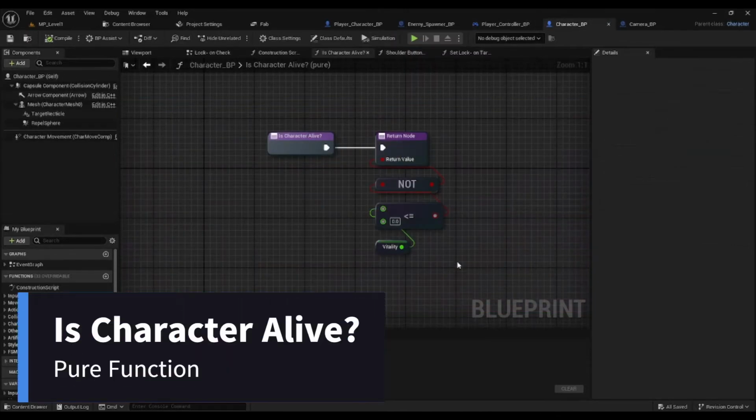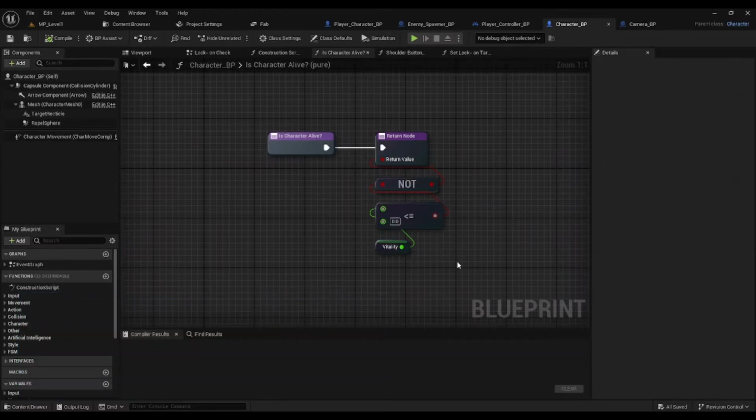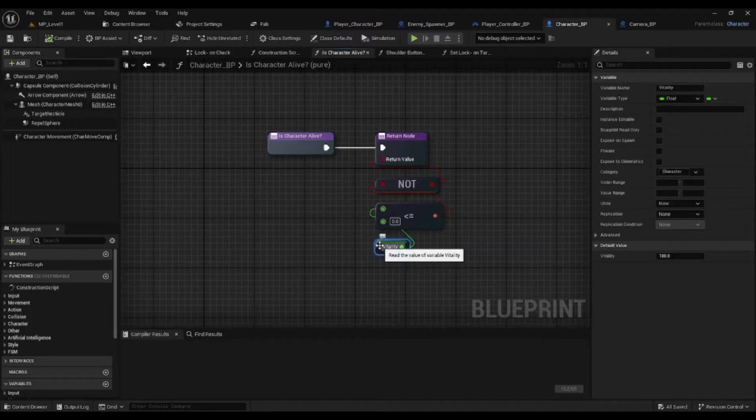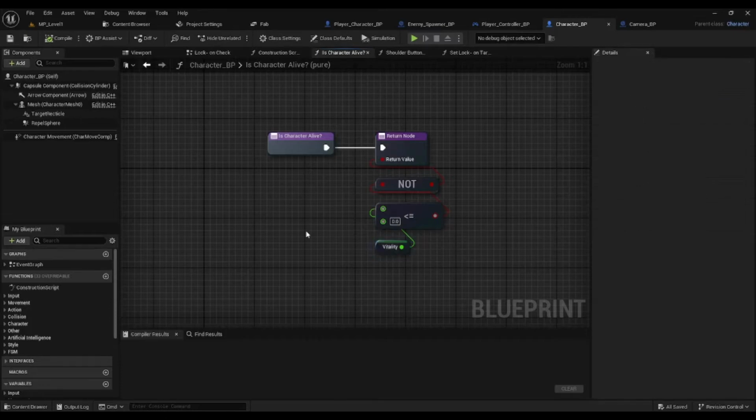Speaking of isCharacterAlive, this is a simple but effective health check located inside the character blueprint. It looks at a float variable named Vitality. It checks if vitality is less than or equal to 0. Because the function is isCharacterAlive, it uses a not node to flip the logic. If the health is less than or equal to 0, the check is true, but the not node turns it into false, meaning